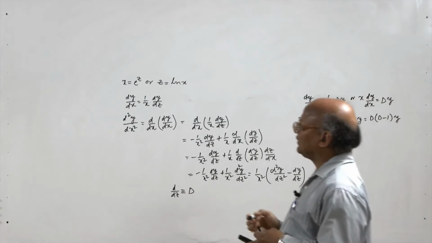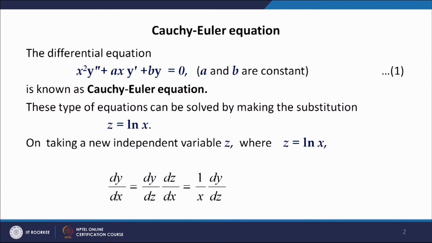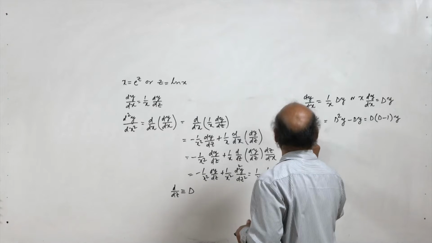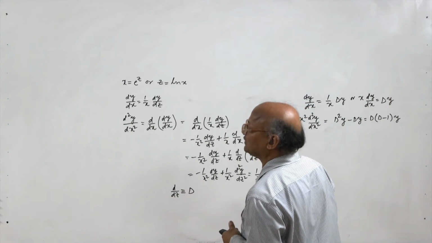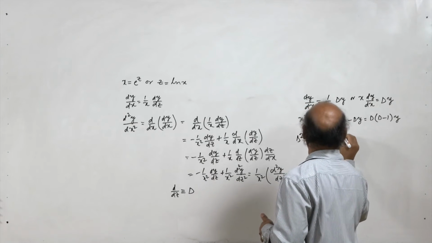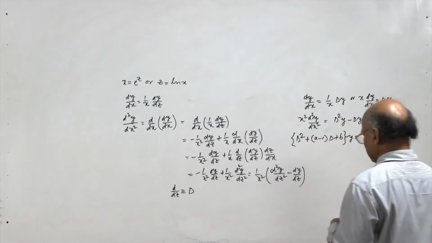Now the equation 1 can be written as x square y double dash, which is D into D minus 1 y, plus a times x y dash, which is a Dy, plus by equal to 0. So we get the operator D into D minus 1 plus aD plus b operating on y equal to 0. Now this is nothing but D square plus a minus 1 into D plus b operating on y equal to 0,